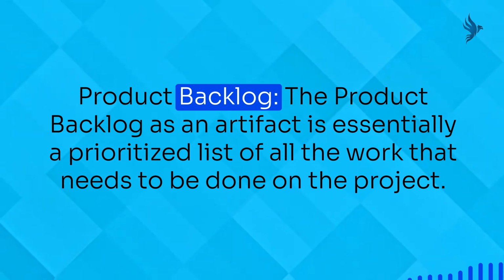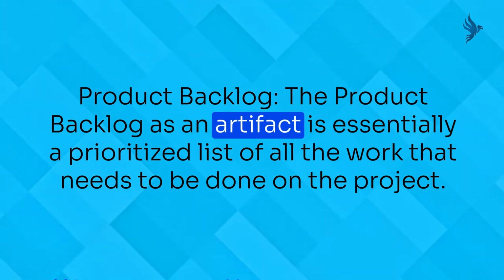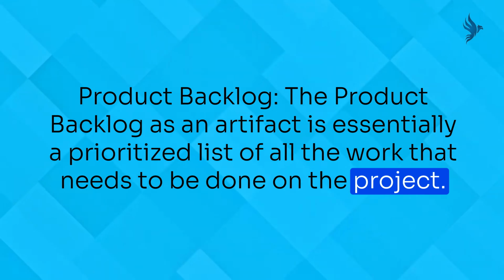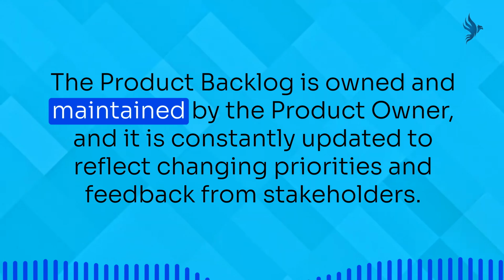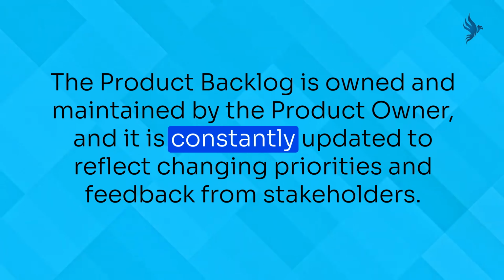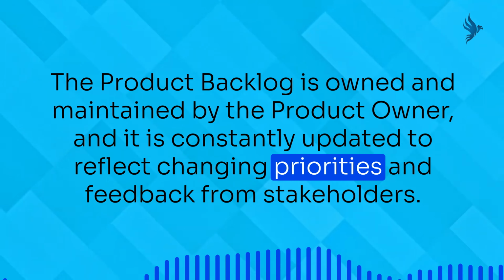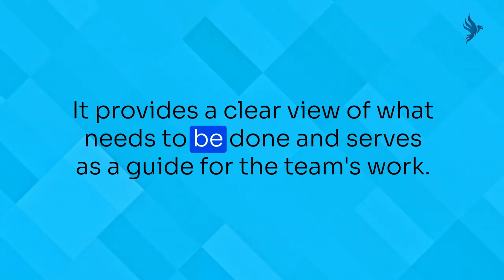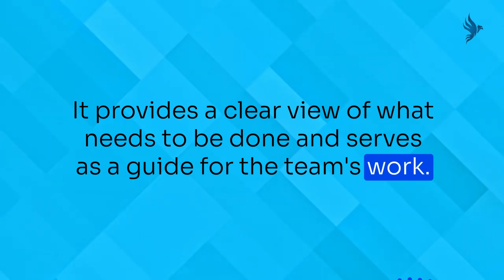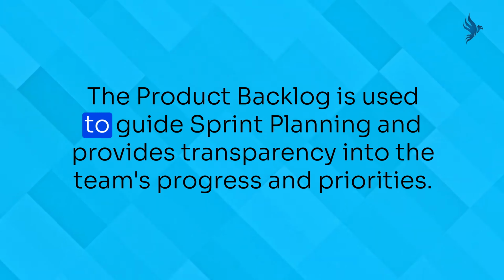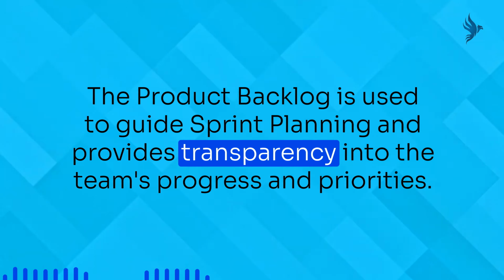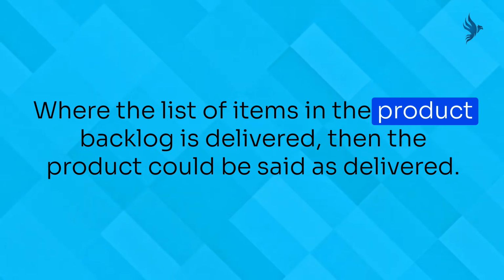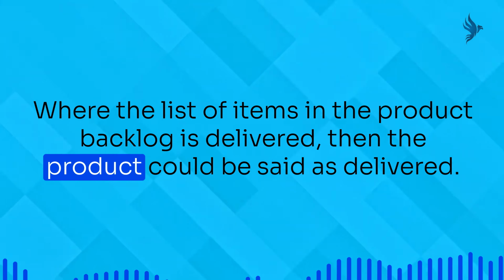1. Product backlog. The product backlog as an artifact is essentially a prioritized list of all the work that needs to be done on the project. The product backlog is owned and maintained by the product owner, and it is constantly updated to reflect changing priorities and feedback from stakeholders. It provides a clear view of what needs to be done and serves as a guide for the team's work. The product backlog is used to guide sprint planning and provides transparency into the team's progress and priorities. Where the list of items in the product backlog is delivered, then the product could be said as